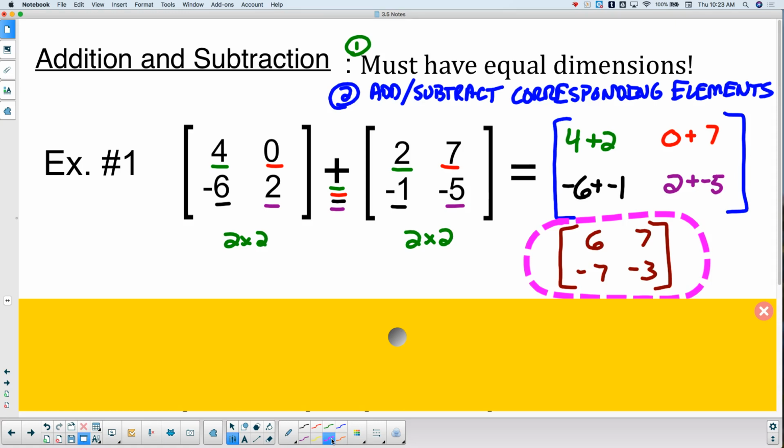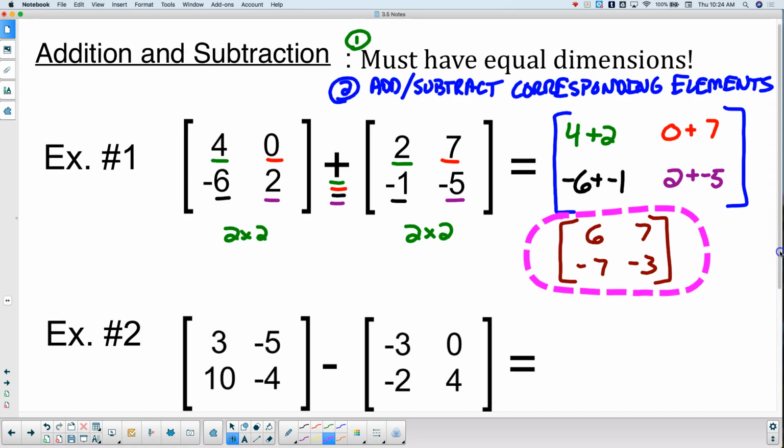I'd like to say that it gets harder, but it doesn't. Adding and subtracting, that's it. You now know everything that there is to know about adding and subtracting matrices. Right? There's not going to be a next slide saying, oh, but then you do this. That's it. That's all that there is to adding and subtracting matrices. So, with that being said,